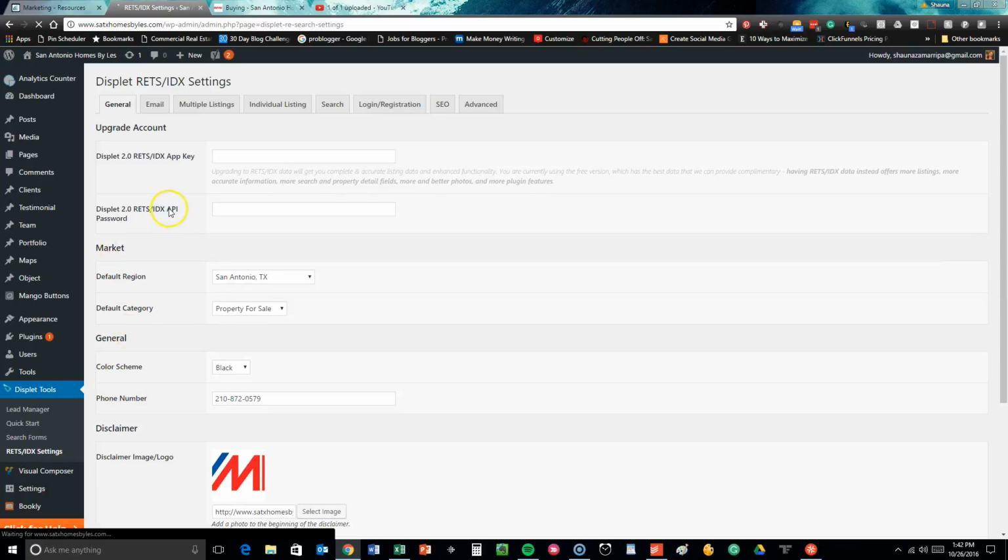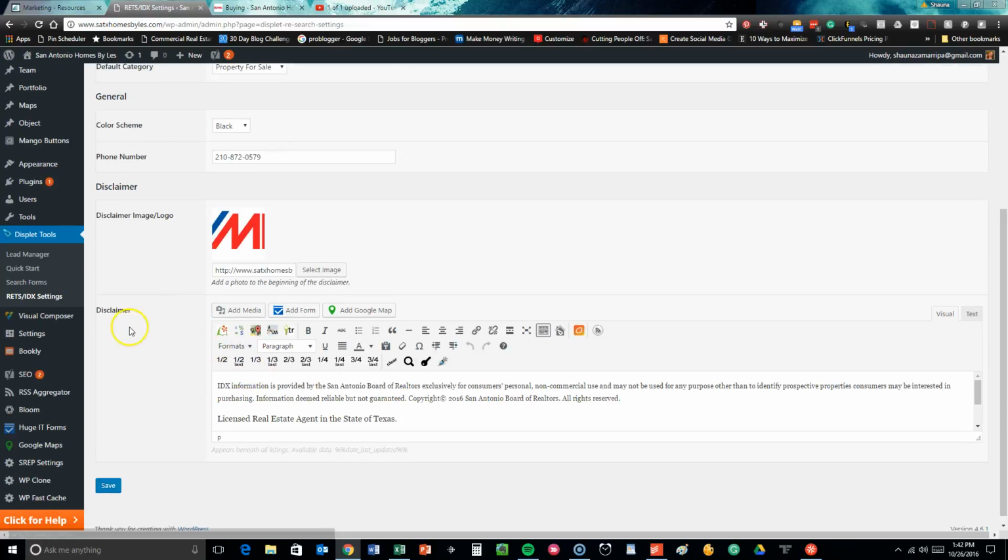Now, when you go into the IDX RATS settings, I didn't need to do anything really specific with this because we're using the free version. However, if you wanted to upgrade your membership to Displits, you would just go to their site, you register for an account with them, and then we just plug in the API key for the app and for IDX. And then that would be a little bit more specific to you and give you, really the benefit to you is it allows you to